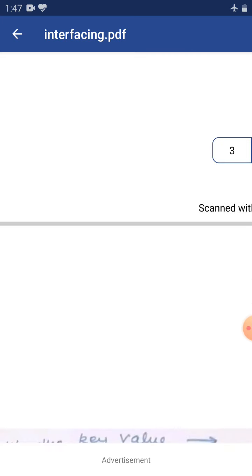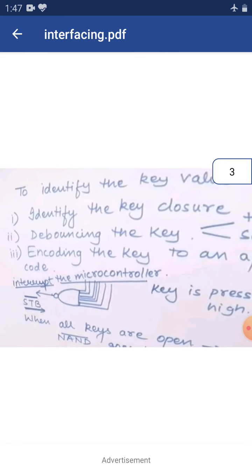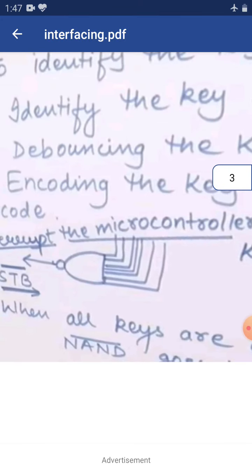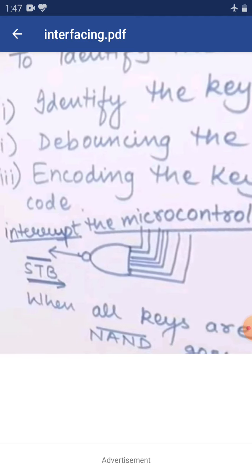So from the NAND gate, when all the values, as in the figure, are coming 1, means there is no key pressed, then the NAND gate will show output 0.